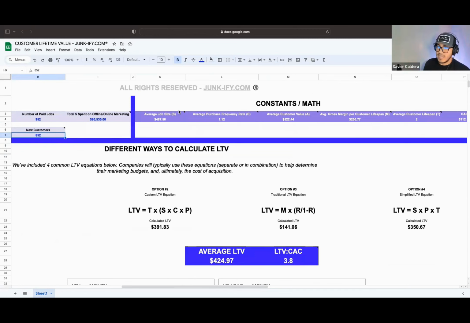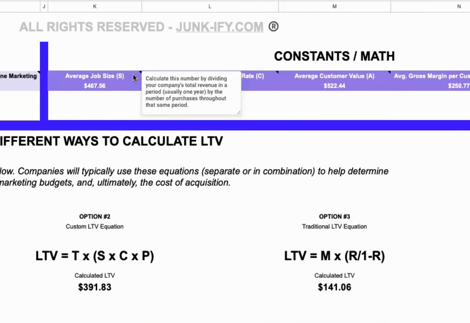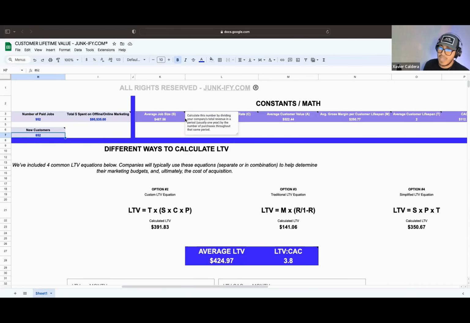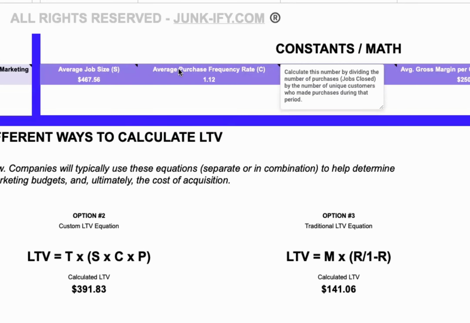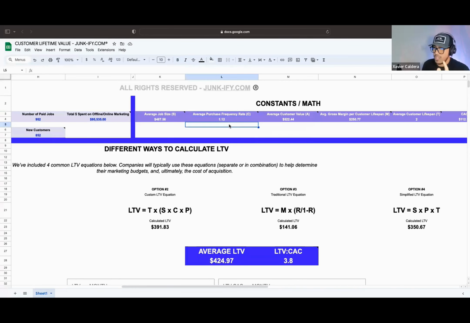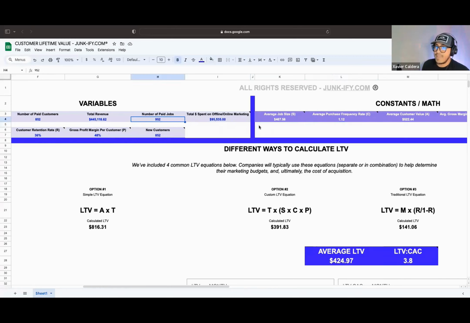The average job size, basically, you divide the revenue by the number of paid clients that you have gotten through that whole period of time. Then you have the average job size, average ticket, average sales ticket, you name it. Then you need the average purchase frequency rate, which is the letter C. Calculate this number by dividing the number of purchases or jobs closed by the number of unique customers who made purchases during that period of time. In other words, you divide the number of paid jobs by the number of paid customers,